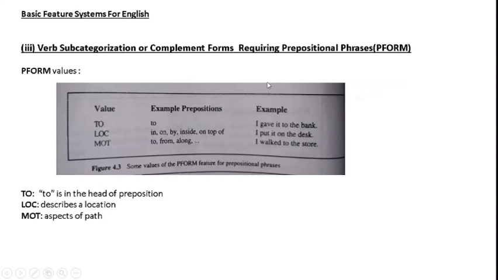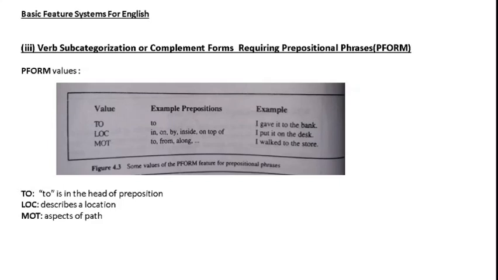Now the next thing is, we were talking about verb complement, that is something that complements or talks more about your verb. So a verb complement can also have prepositional phrases. What are prepositional phrases? Prepositional phrases are phrases that indicate some direction or time, position, or some movement. We will see how we can constrain the prepositions that we are going to use.